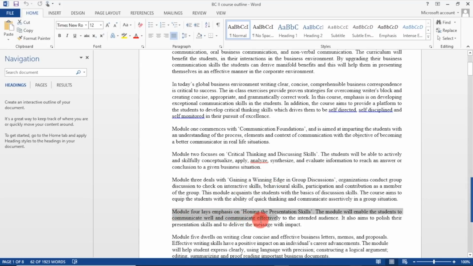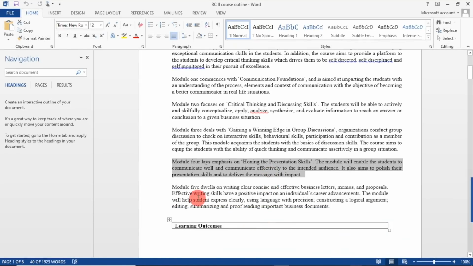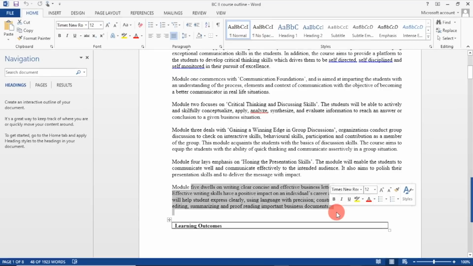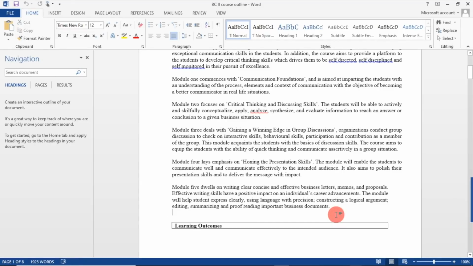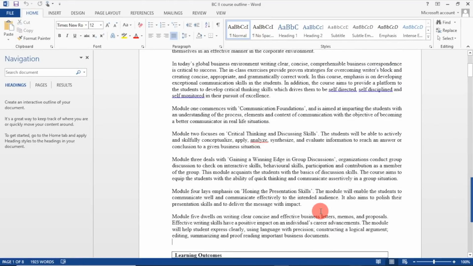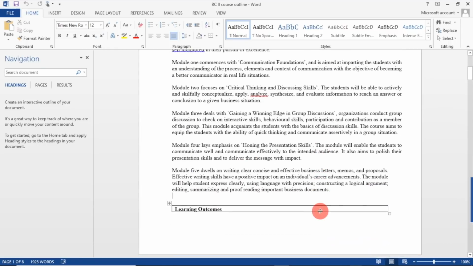Module 4 lays emphasis on honing the presentation skills. Now this is a group assessment also, and this can be an individual assessment also, right? So module 5 dwells on writing clear, concise, and effective business letters. So this is a practical aspect of this particular course.